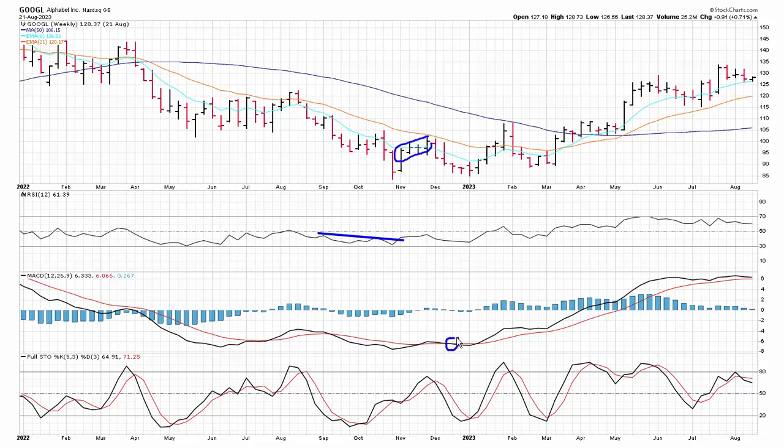But then it crosses back down here, and the RSI, instead of flagging here and then breaking out, it drops and drops and drops. It lasts long enough that it kind of renders it irrelevant because it just lasts too long. So then the stock tries again. Okay, then we have this move up here, which is a much better move because you get a bigger breakout there. Okay, so you have a cross here,